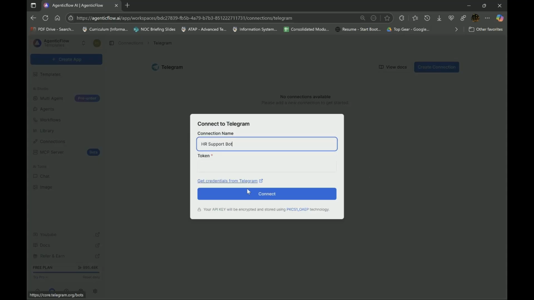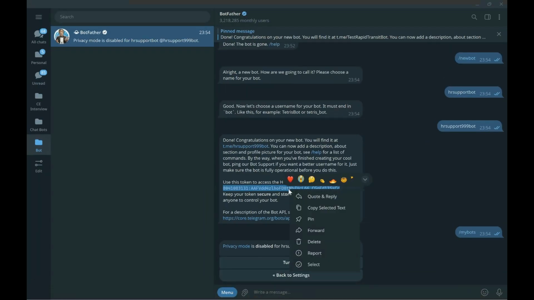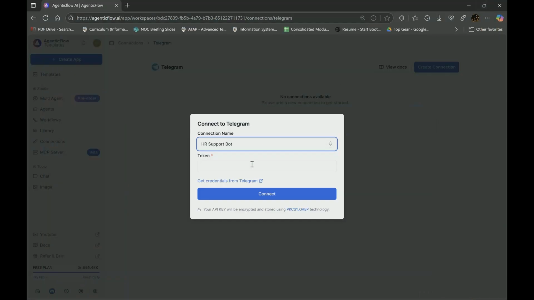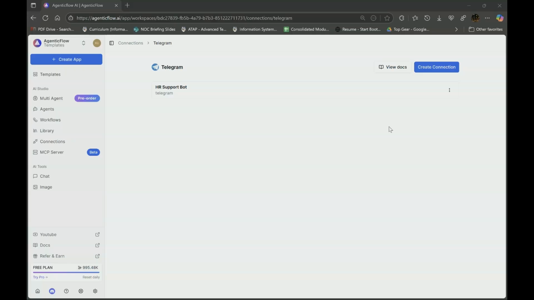And then here we have to input the token, the very important token which I mentioned just now, over on Telegram. So I'll just copy and paste it in. From here, I'll just click connect. Yep, and it's here. All right, so now that we're done creating the Telegram connection, we'll have to integrate this